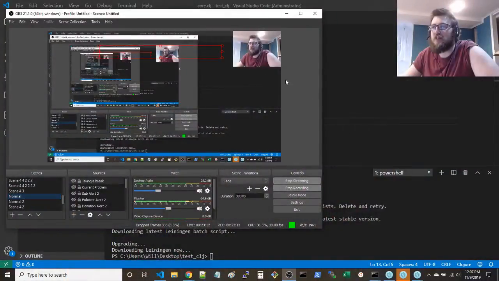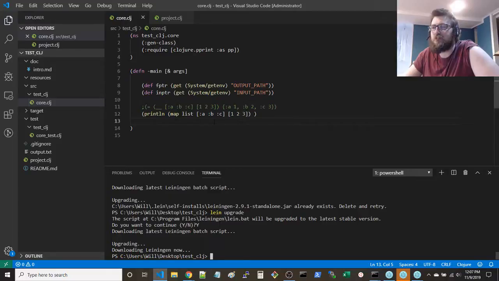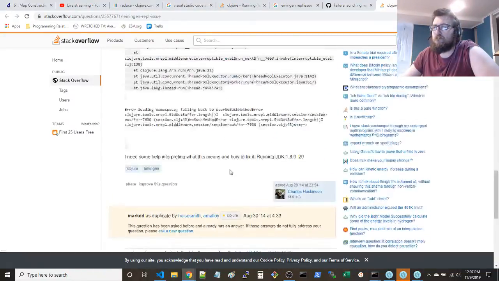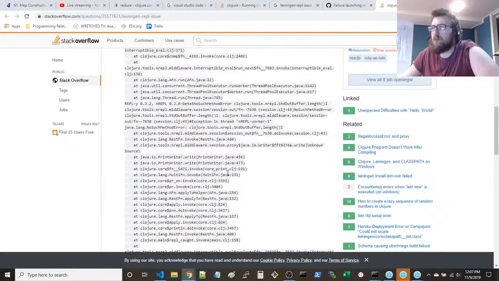Okay. I didn't really do much. Huh. Why am I doing this again? Oh yeah, I want to try to get the REPL going. There's gotta be a way to do this.